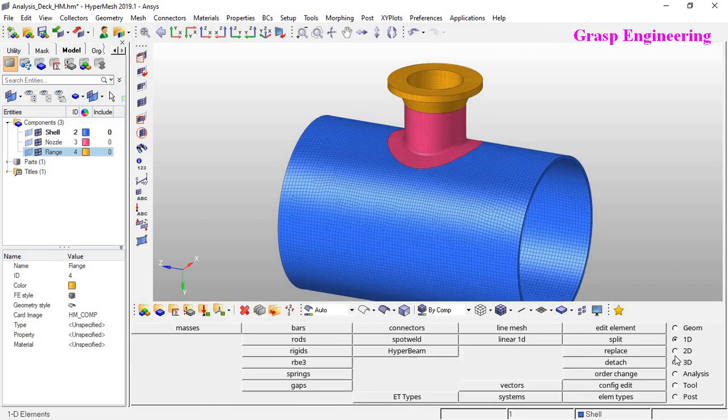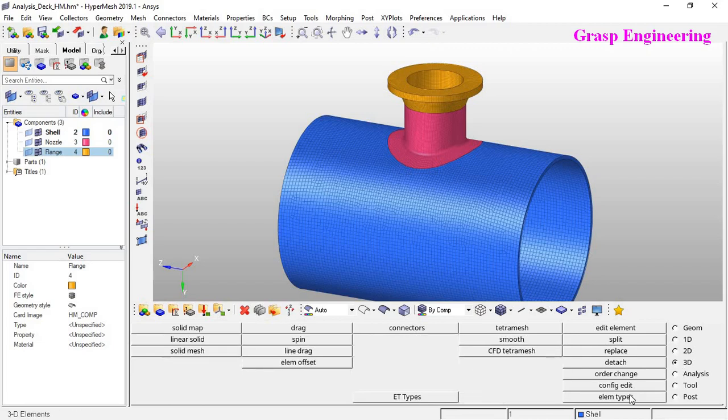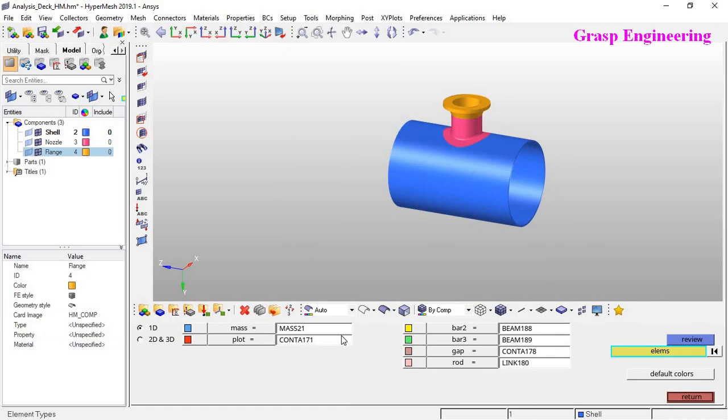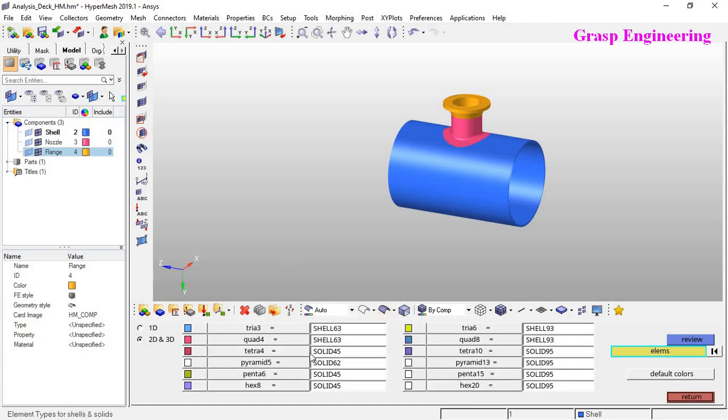You can go to 1D, 2D or 3D, and here you will find the element types. You will have different elements available here. For 1D, if you have any 1D element, you will find the different element configurations. If you have 2D or 3D elements, you will find the different element configurations.